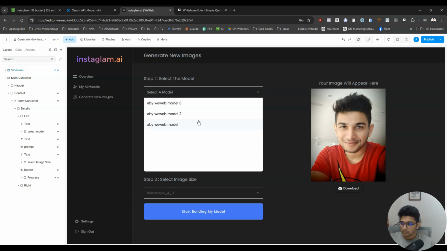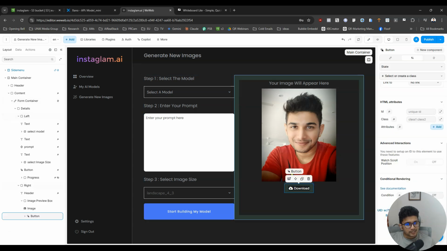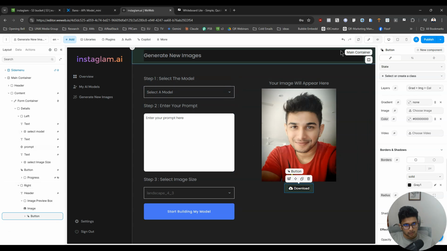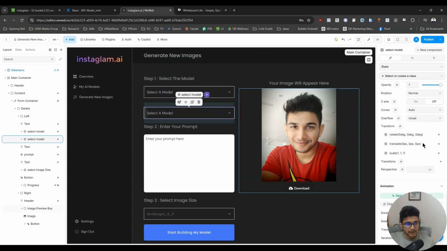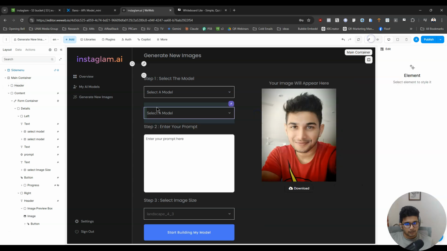Okay, I want to know if I change that drop down text to black, is it gonna make it better or is it gonna ruin the experience? Only one way to figure that out is, we duplicate this. The reason why I duplicate it is because if I cannot restore things back to normal, then yeah, we will need